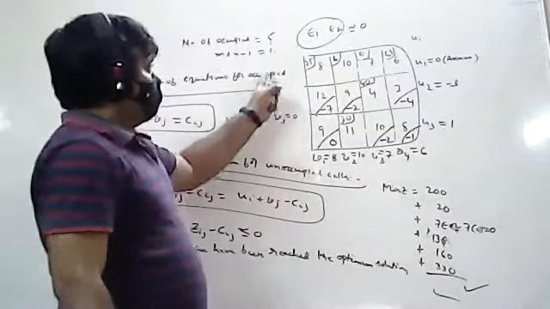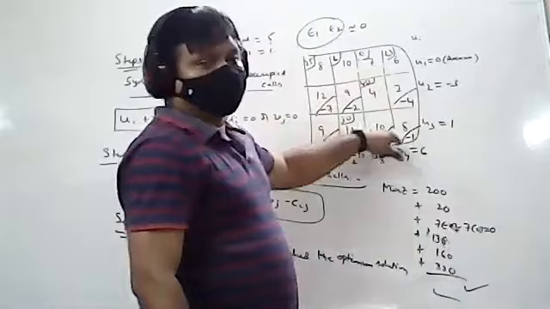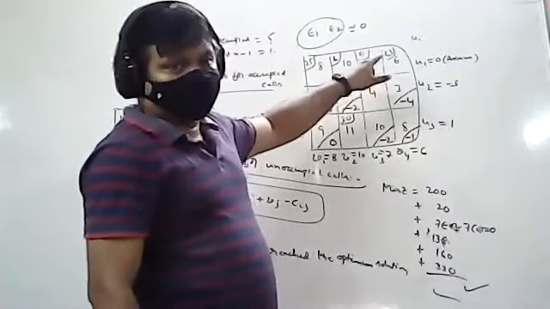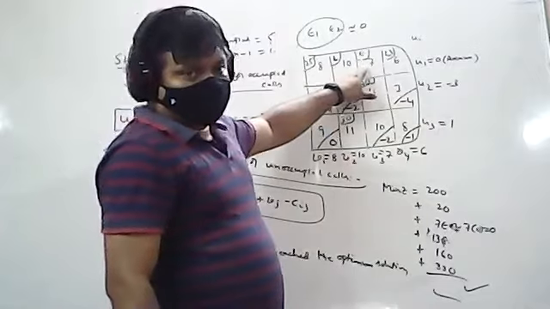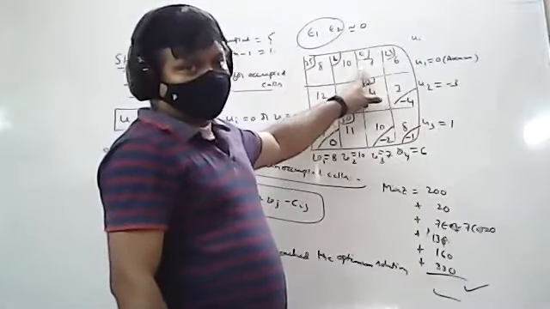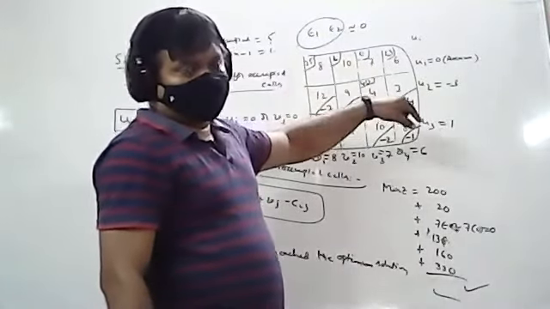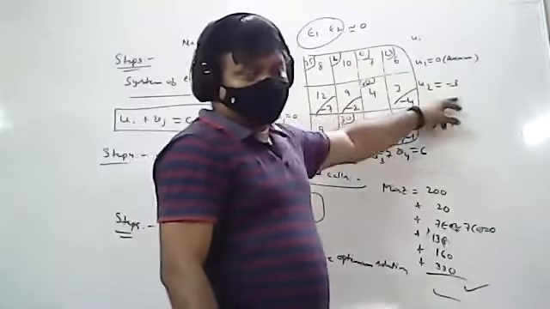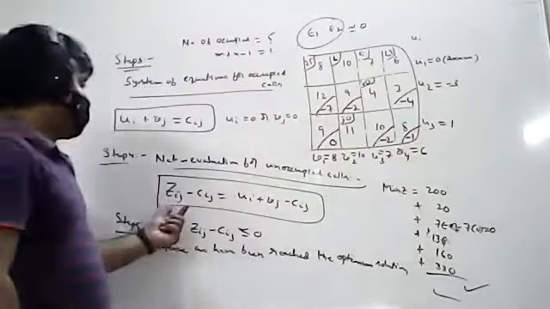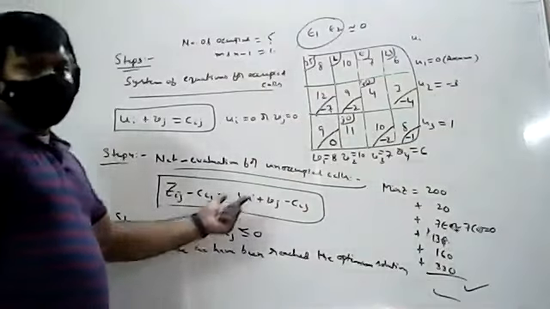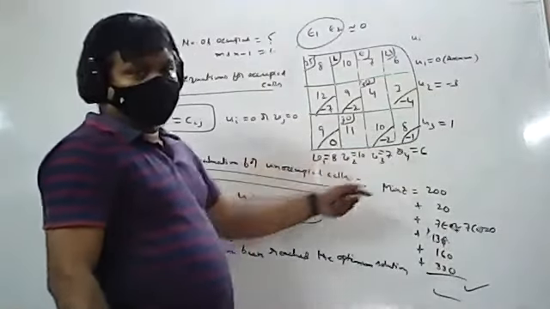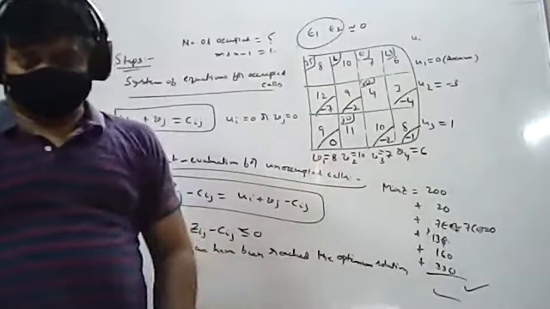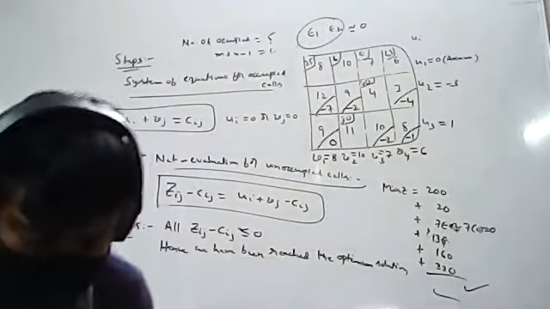Okay. So you have to consider that independent cell from the unoccupied cells. Among the unoccupied cells, you have to choose the minimum. If the minimum exists, so the solution exists, you can consider that one. Otherwise, you can go for the next minimum. If the solution does not exist, you can go for the next minimum. Like that, you have to repeat until the solution exists. If the solution exists, you will get all less than or equal to 0 like this. If you get a positive, you will get a loop, and after that, you will get all less than or equal to 0. Okay, and you can identify the answer. So I hope you understood. Is it clear?